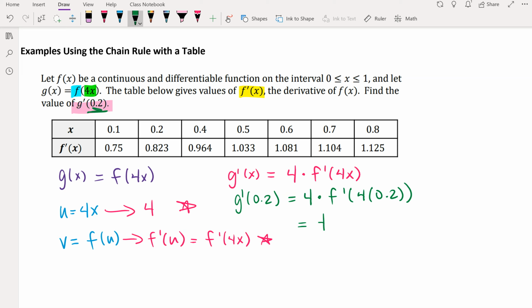So we have equals 4 times f prime of 0.8. All right, and now let's go ahead and plug in for f prime of 0.8. F prime of 0.8 is 1.125, so equals 4 times 1.125. Done. You can leave your final answer like this,